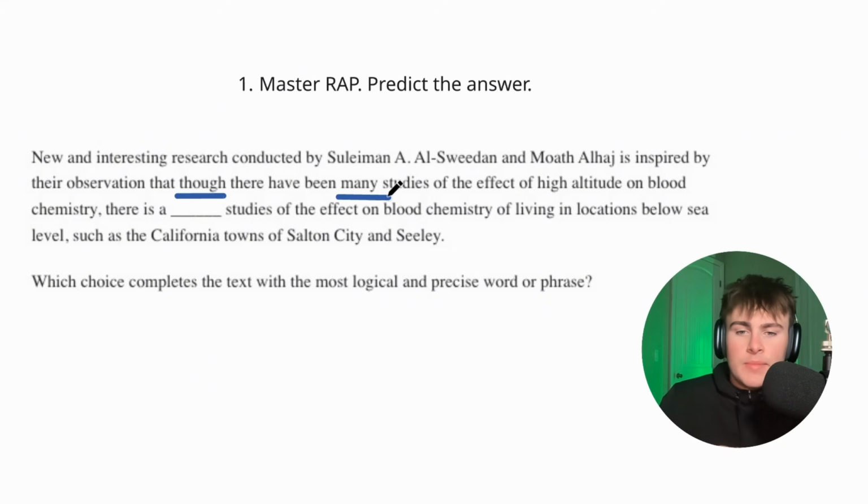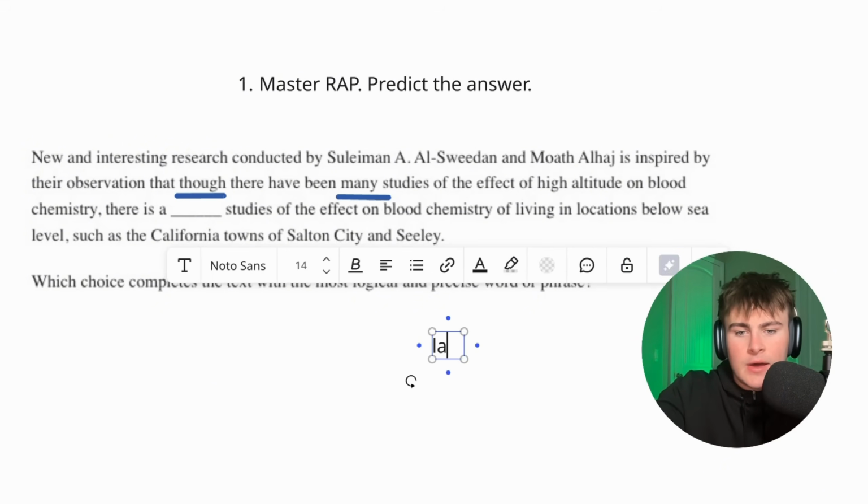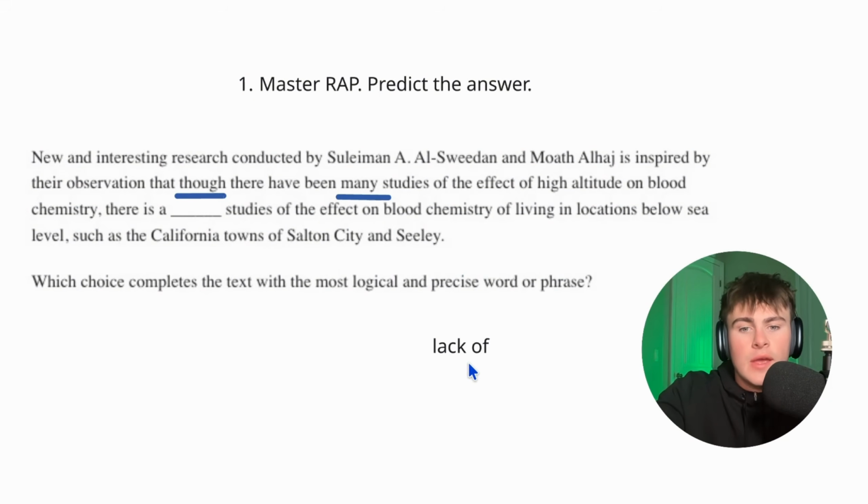You probably don't have a lot of them because you're clearly contradicting the previous part of the sentence. So you say many studies, and then you have the although before it. So therefore, you're going to have a word that means a lack of studies or not enough. You have a lower amount of studies, something like that. So my prediction is going to be a lack of something, just a lack of. I don't even know what a word could do to show that, but we shall see.